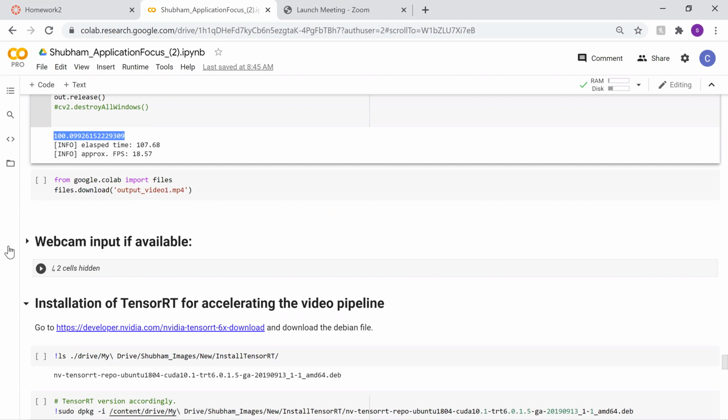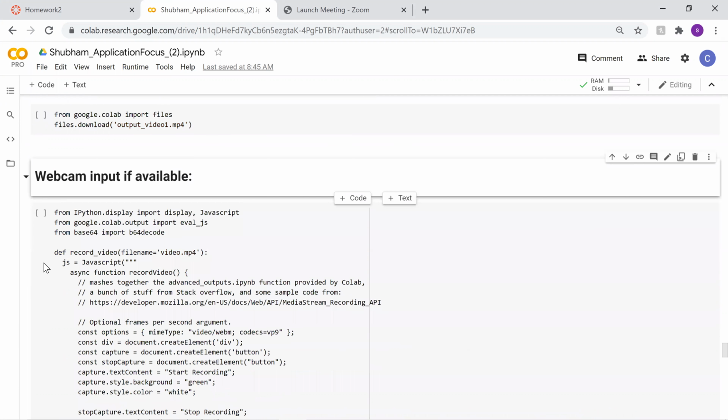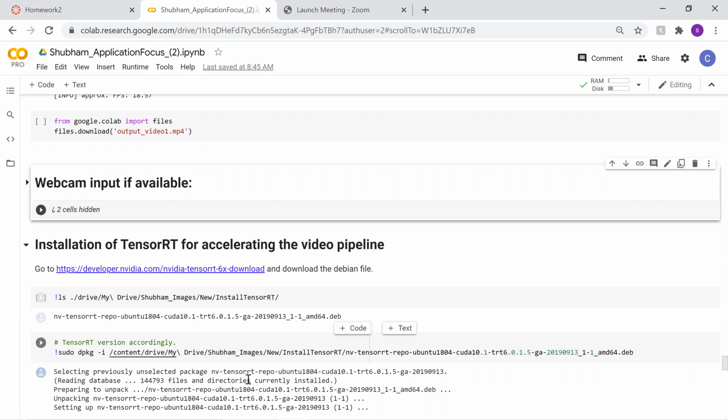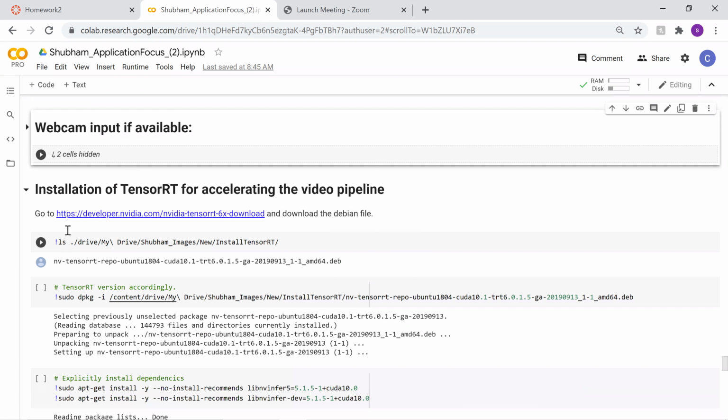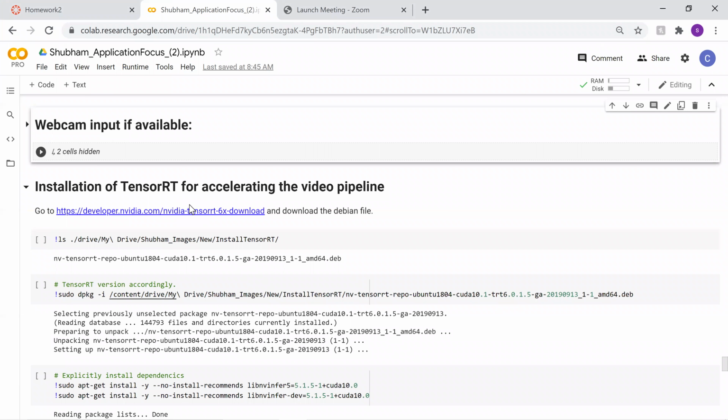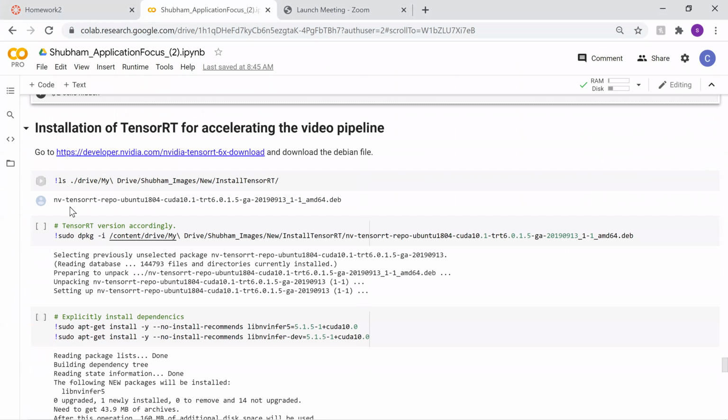This is the complete code of webcam. I have found this code in one of the GitHub libraries, and I've given a reference to that code also. Right now we will be installing TensorRT for accelerating the video pipeline. So we need to check if the Ubuntu version is present or not. We have downloaded the NV TensorRT repo for Ubuntu, the one which has .deb as an extension, onto our Google Drive, and I'm unpackaging that file,